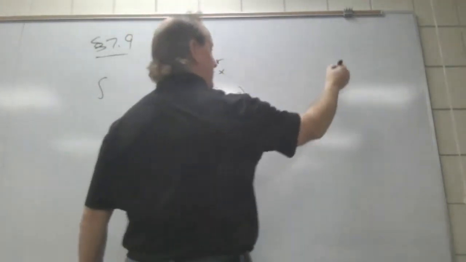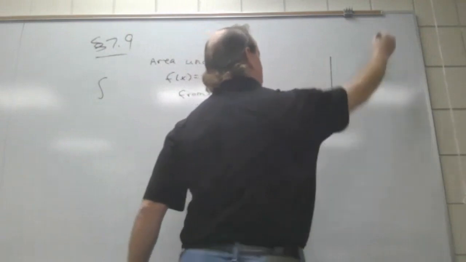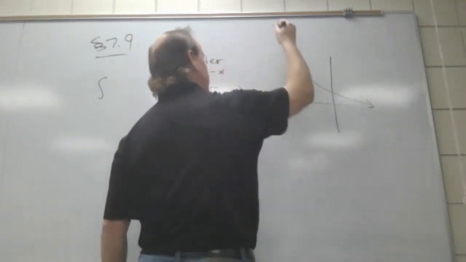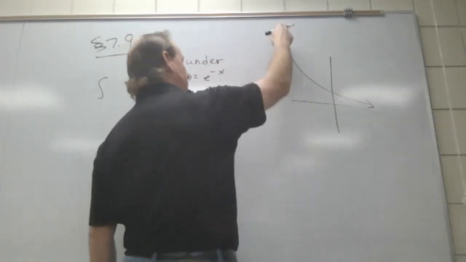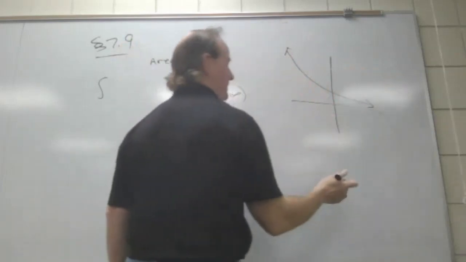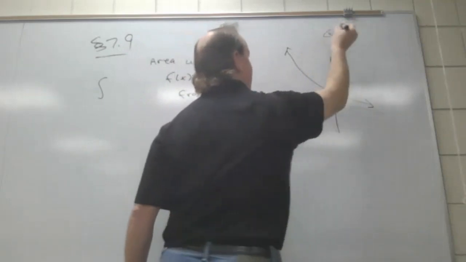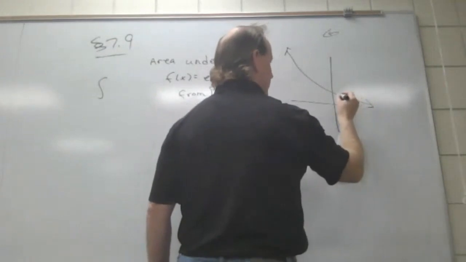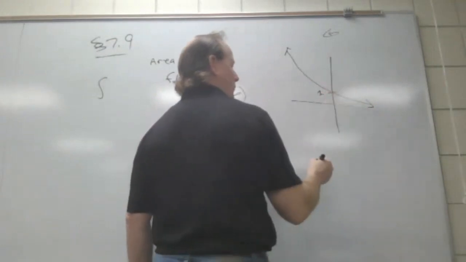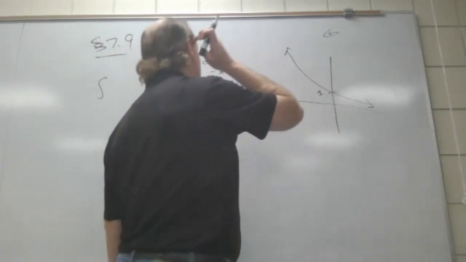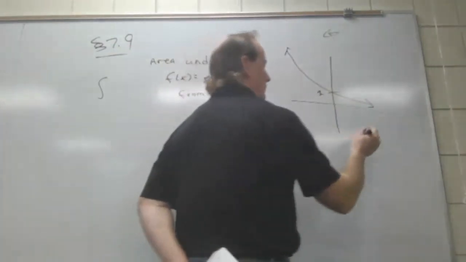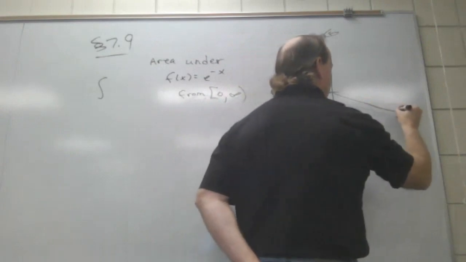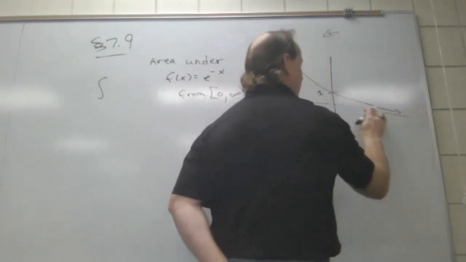is a flip. Instead of going up this way and exploding to the right, it's going to explode up as we go left, right? Because negatives become positive and positives become negative. So it's a reflection about the y-axis of y equals e to the x. We just talked about exponential functions there. And we cross when x equals 0, f of 0 equals 1, right? So basically I'm going to keep going. I'm going to draw this out a little bit farther, but I get closer and closer to this x-axis